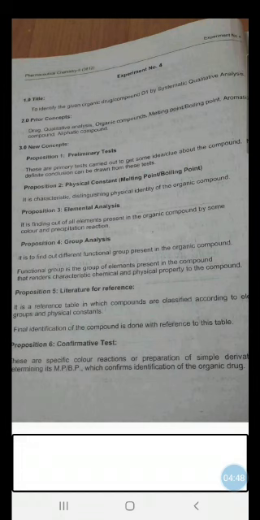So friends, henceforth the scheme will remain same up to experiment number 13, and in the next video we will be discussing experiment number 14. You can complete your manuals simultaneously. Once your exams are over,